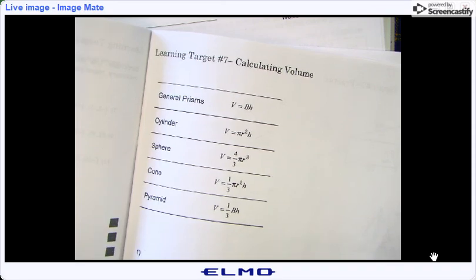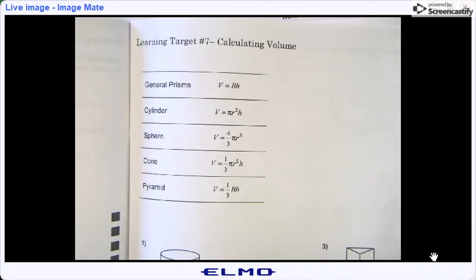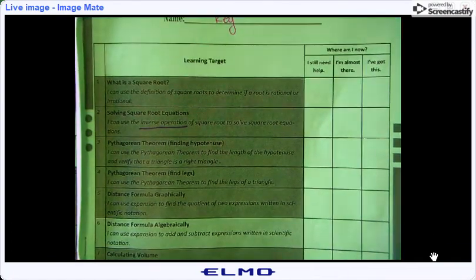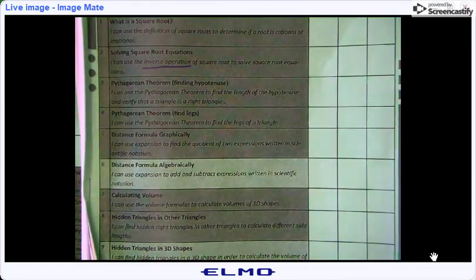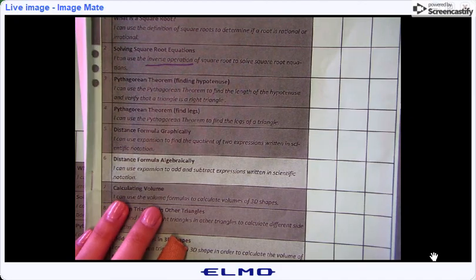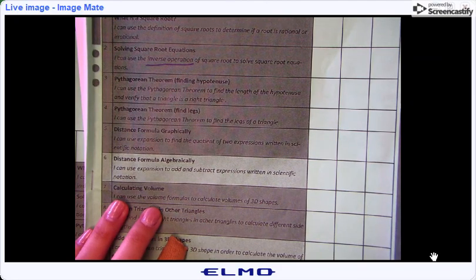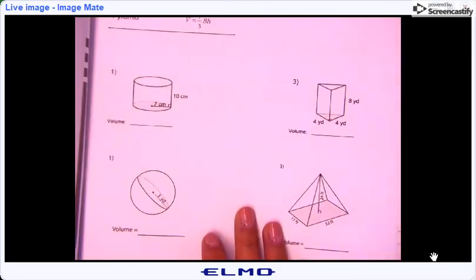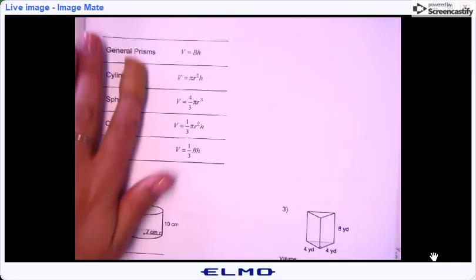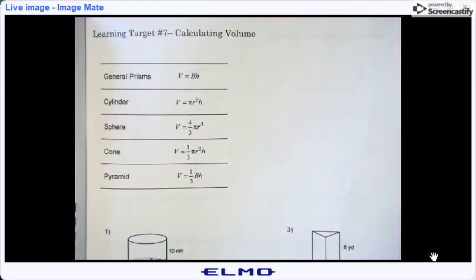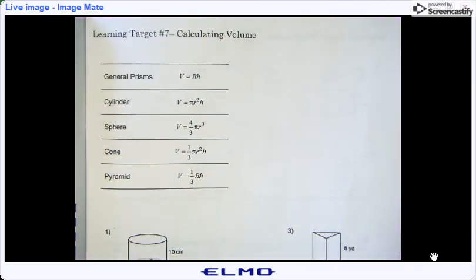Okay, so today we are going to do learning target number 7. And if you look on the front, learning target number 7 has to do with volume. So it says I can use the volume formula to calculate volumes of 3D shapes. So we're going to take a minute. We've talked about 2D shapes really up until now, but we're going to go into the 3D shapes and calculate